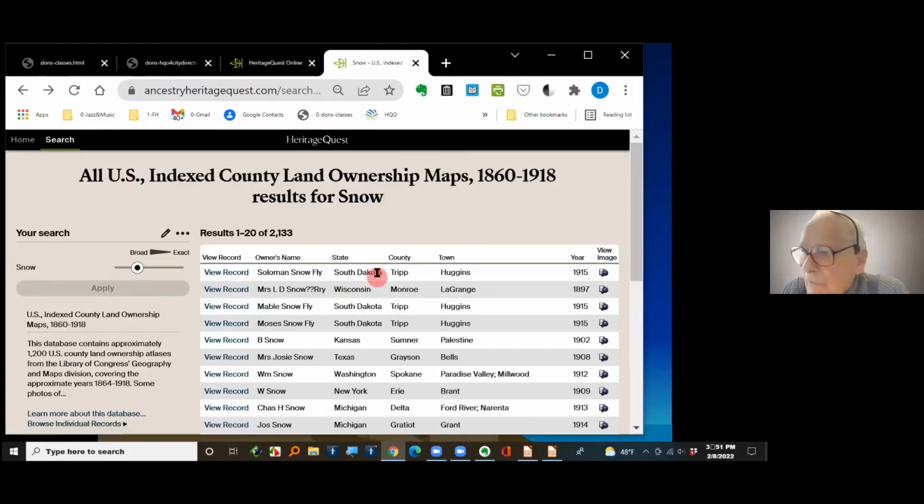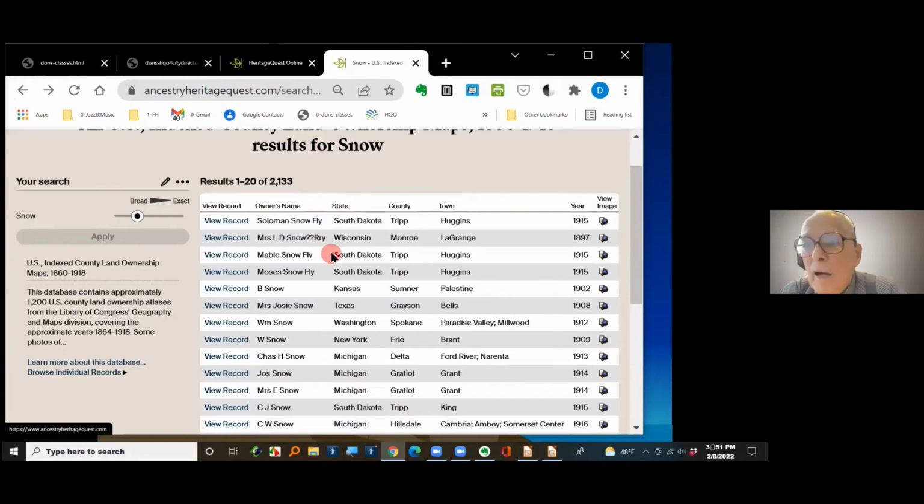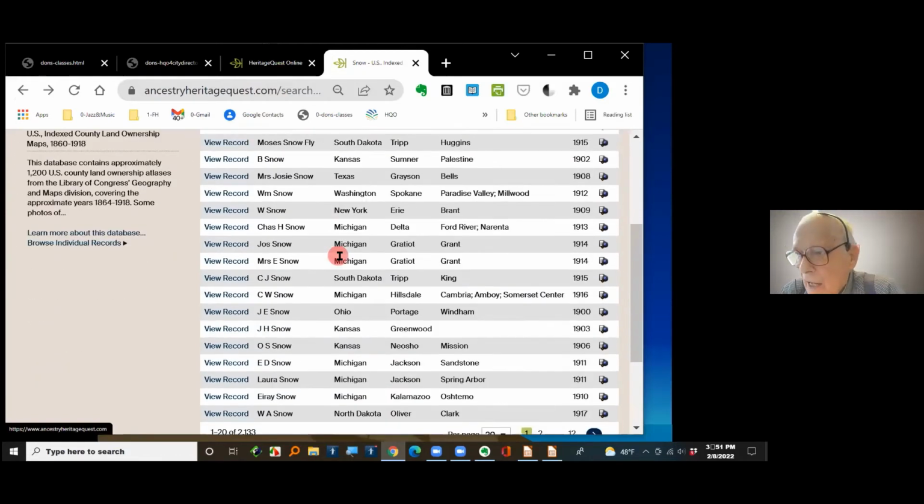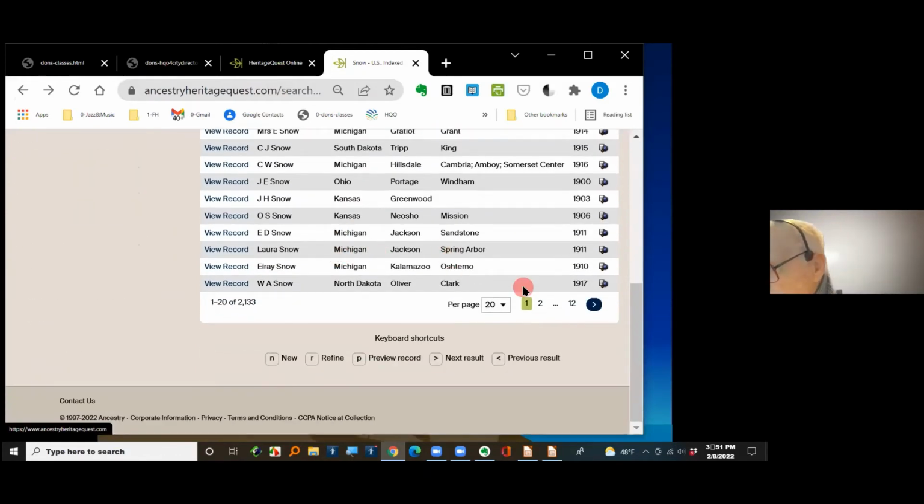I looked to see if there was anything in Utah, and I could not find anything in Utah, but I thought, oh, I will get screenshots of all of this stuff. So I downloaded the whole works, all these 2,000 something of them, by using my Evernote file. I went down here to the bottom of this thing, and it gives you the option